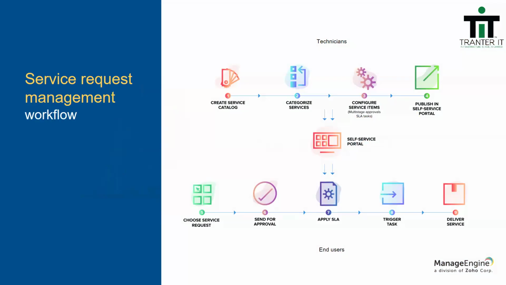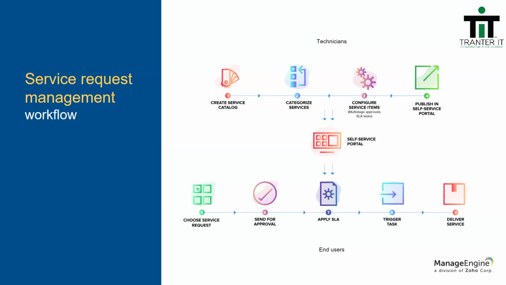So all of these requests might require some levels of approval before any action can be taken. So we have the catalog that can be created. We categorize all of these services. We configure any service item that will be associated with these requests. That's where we have the SLAs, the approvals. On the application, for the on-prem, we have up to 5, and for cloud, we have up to 10 levels of approvals